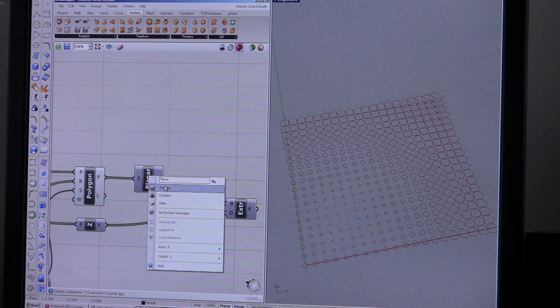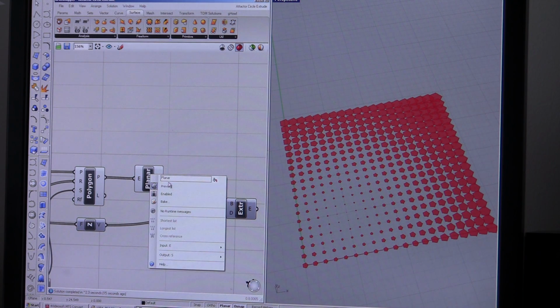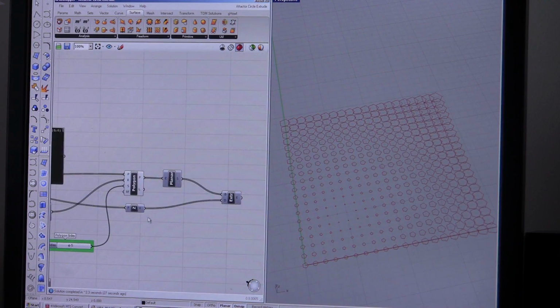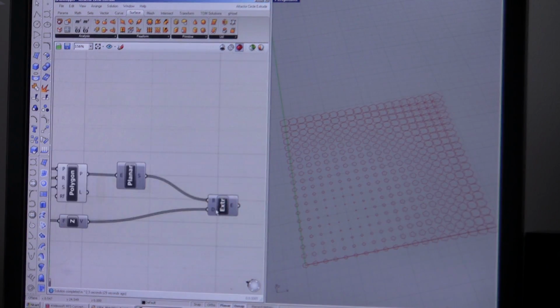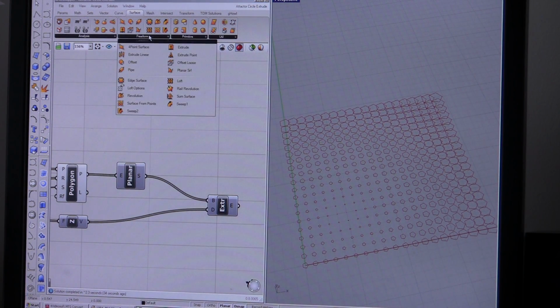And then when you preview this, you're going to end up with a whole bunch of surfaces, a whole bunch of planar surfaces, and this will work the same way as you pull the attractor. They'll change just the same. What we want to do is extrude these, so we have sort of like what's an organ. Kind of looks like an organ if you have cylinders, but in this case we'll have a bunch of pentagons extruded, and we're going to extrude them based off of the distance from the slider as well. So if you come here and you get an extrude component, which is under Freeform, Extrude,